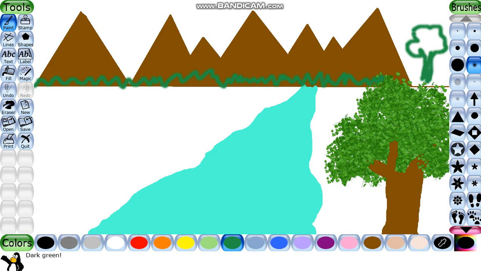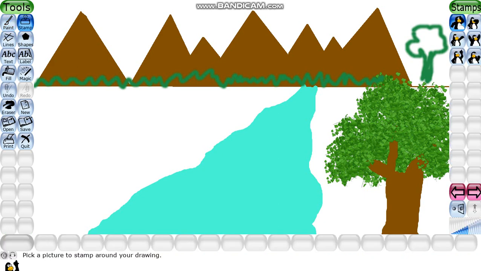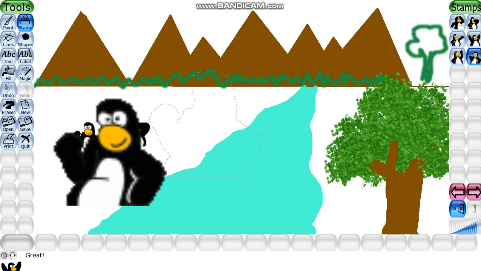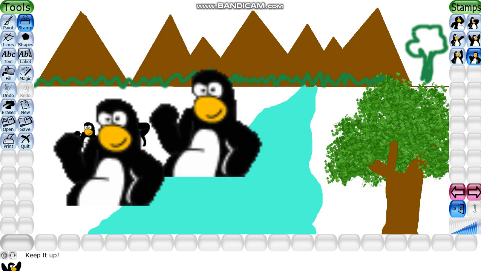Now the use of the stamp tool. Stamp tool means there are some pre-installed stamps in Tux Paint. Additionally you can download more. I have shown you in the live class how to download stamps from the internet. By default these penguin stamps will be there, which you can use in your picture. You can make the mirror image of any stamp. You can increase and decrease the size from this bar. If you want to make it small, choose this one.